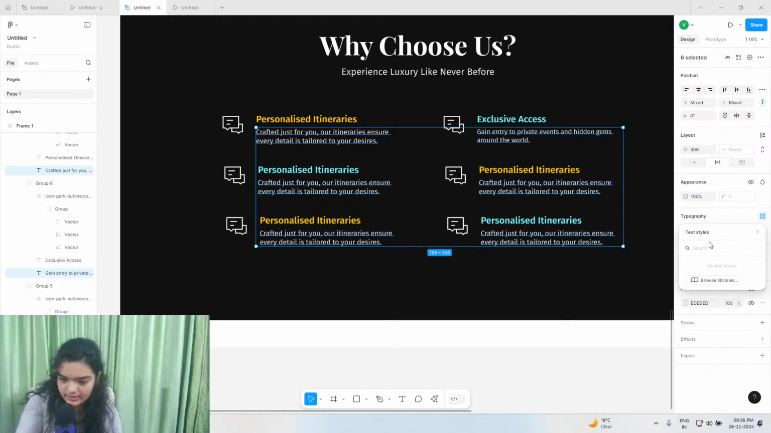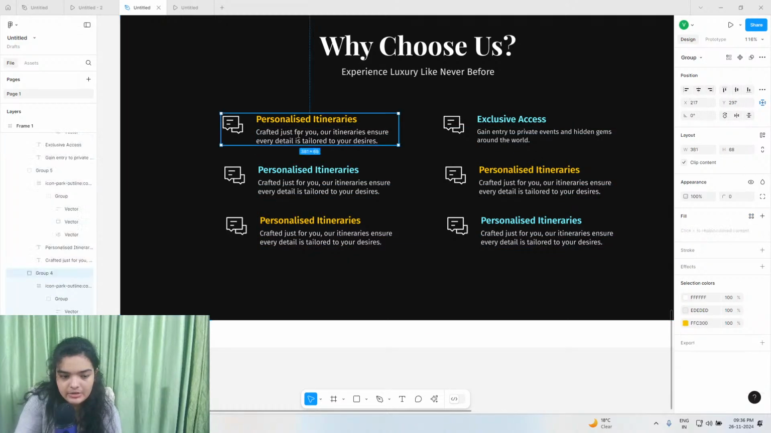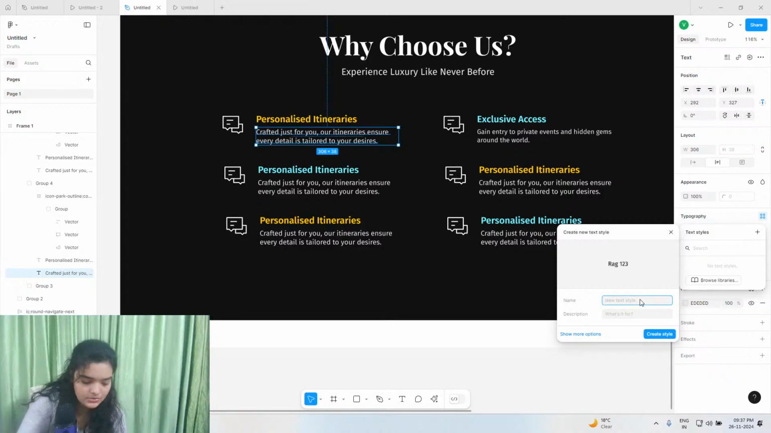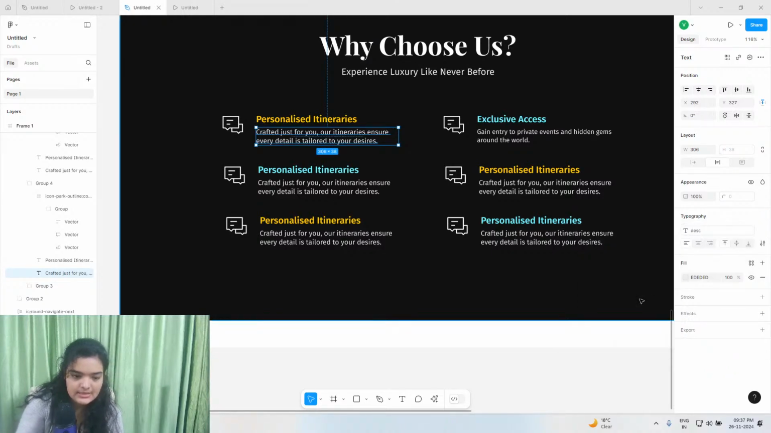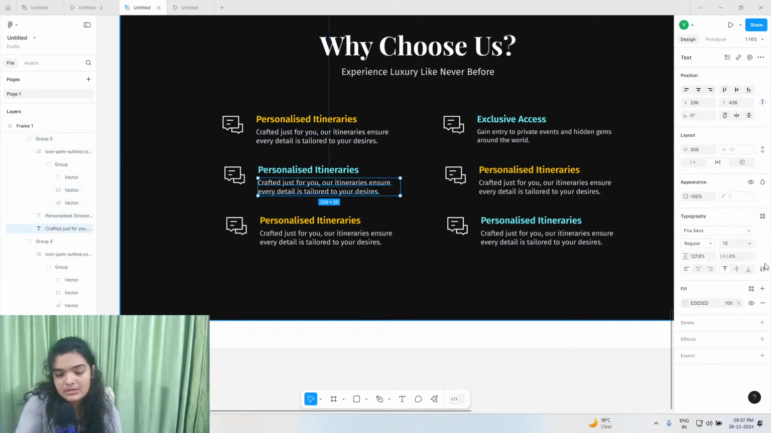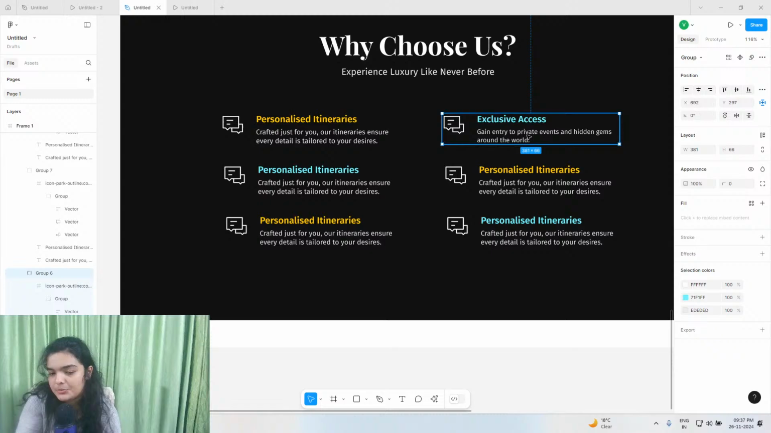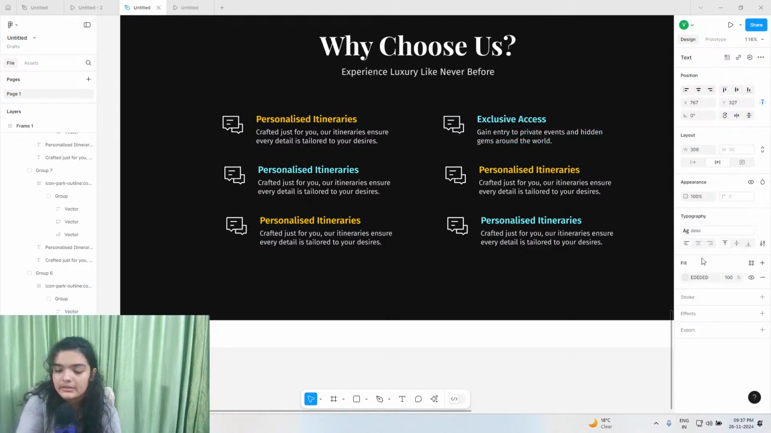Why is it not creating a new text style? Let's do description. No text style match. Let's create a new style. We're going to go right here and go to this guy, add a new text style. Let's do description, DESC. And now we're going to select all of these other descriptions and add this style to them. The beauty of this method is you can just change the description style once, and all of these linked guys are going to be changed